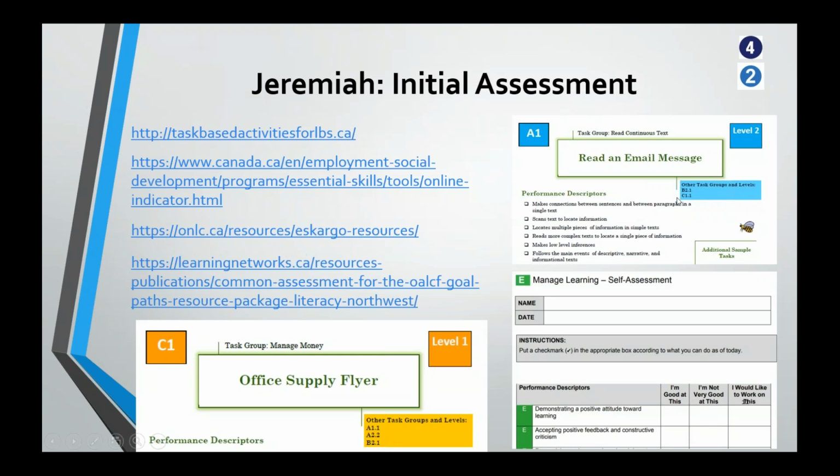in reading an email message. It also indicates some skills and knowledge in competency B, which is writing text, and a little bit of math there. The self-assessments are great to use because they identify what the learner would like to work on. You know, it's, I'm good at this, I'm not very good at this, I would like to work on this. That gives them a chance to identify things that they would like to work on and gives them more control